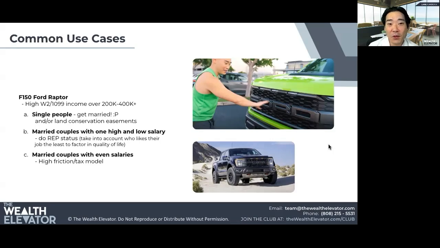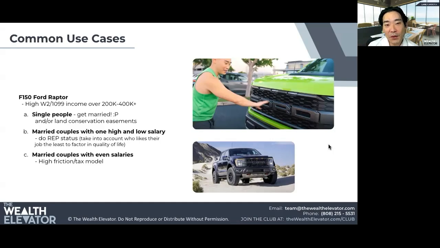For married couples with unbalanced income, a lot of times, especially when you have kids, it makes sense for one person to spend those very precious years at home and not working. And in a lot of cases, you can implement real estate professional status and actually make more money at the end of the year, net of taxes, doing this than two spouses working, and also get all the additional time with your kids to see them grow up.